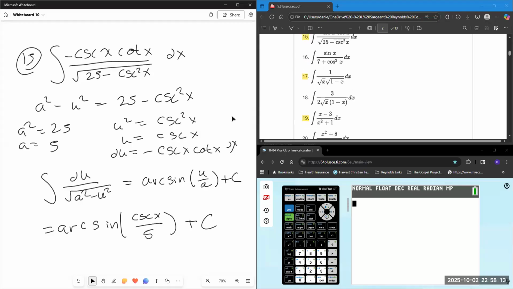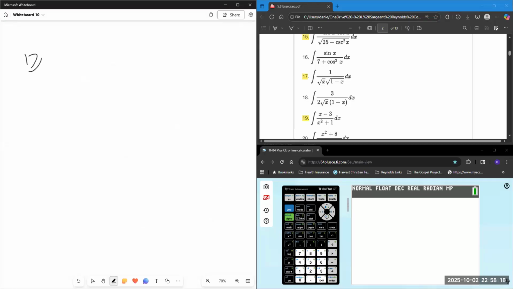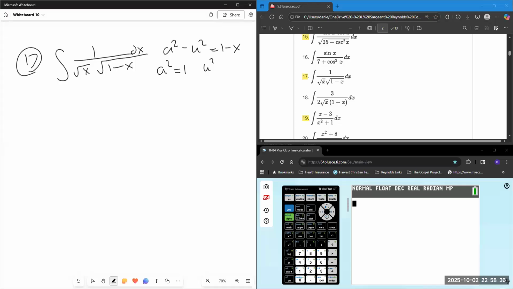Let's go ahead now and look at 17. 17 says integral of 1 dx in the numerator, square root of x times the square root of 1 minus x. So a squared minus u squared is equal to 1 minus x. A squared is equal to 1, u squared is equal to x. A is equal to 1, u is equal to the square root of x. Du is equal to 1 over 2 times the square root of x dx. So I need a